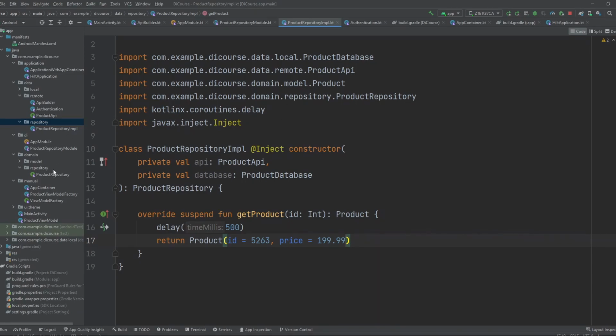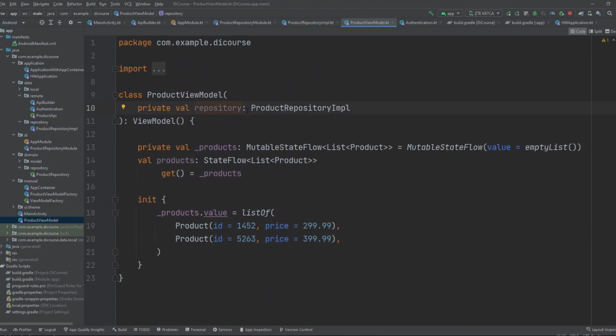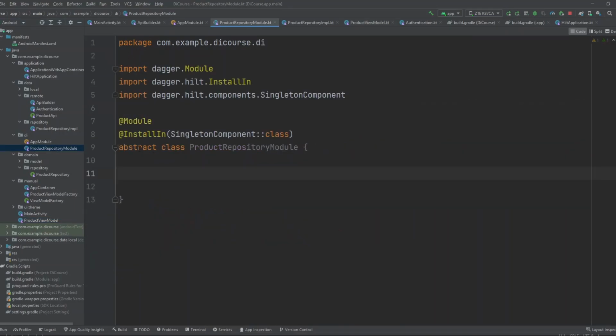Let's move back to the ProductsViewModel. What we have to inject here is not the implementation, but the ProductRepository interface. So how to do it? Let's come back to our ProductRepositoryModule, and we have to show Hilt how to provide the needed dependency. So I'm going to use the Binds